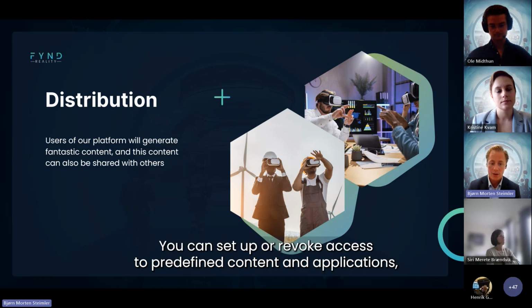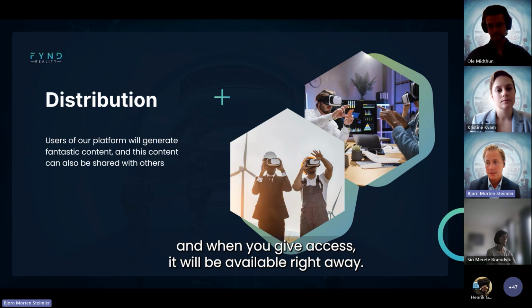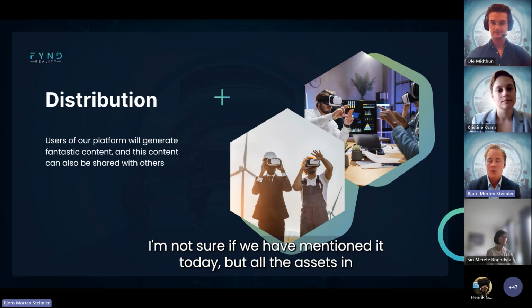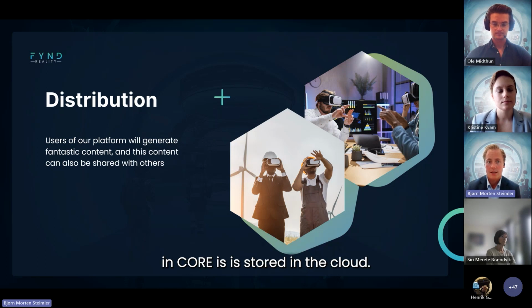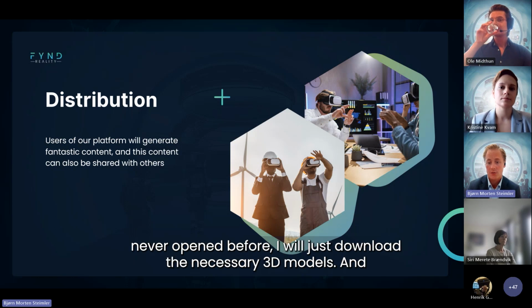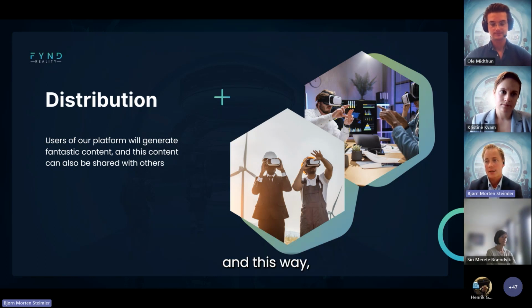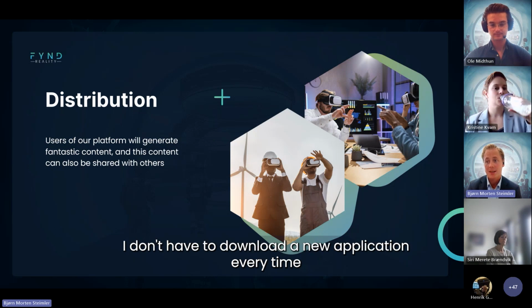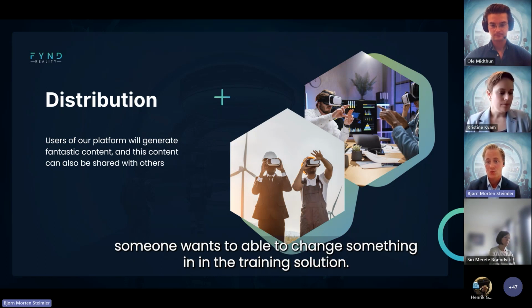So you can set up or revoke access to predefined content and applications. And when you give access, it will be available right away. I'm not sure if we have mentioned it today, but all the assets in Core are stored in the cloud. And basically what this means is that if I open a scenario that I have never opened before, we'll just download the necessary 3D models. This way, I don't have to download a new application every time someone wants to change something in the training